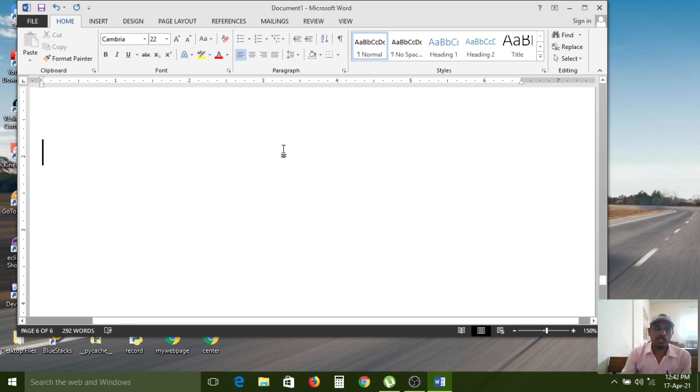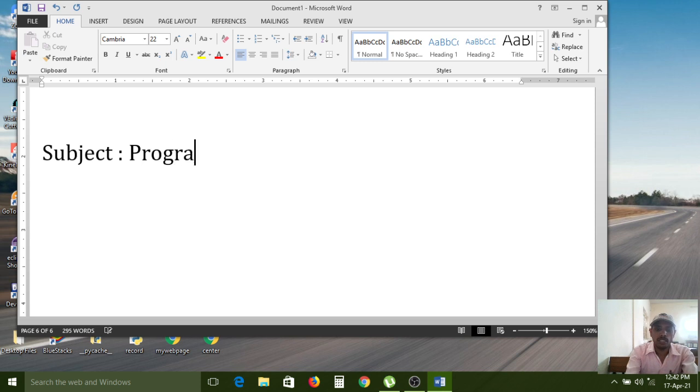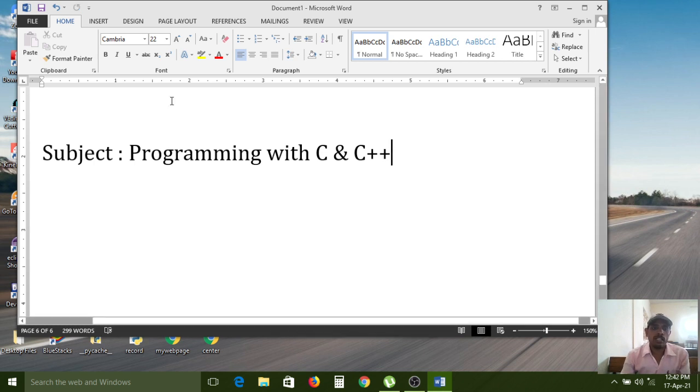And now we have to see the course pattern. The subject name is Programming with C and C++. Don't use shortcuts. In the examination also, you have to write the complete subject name.